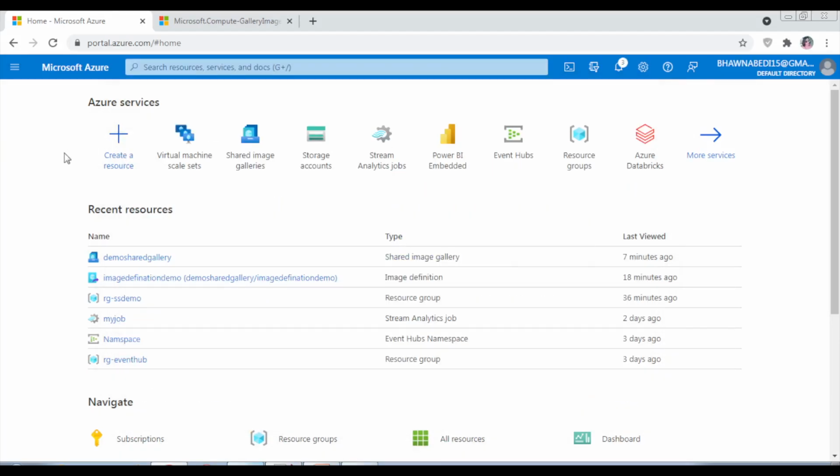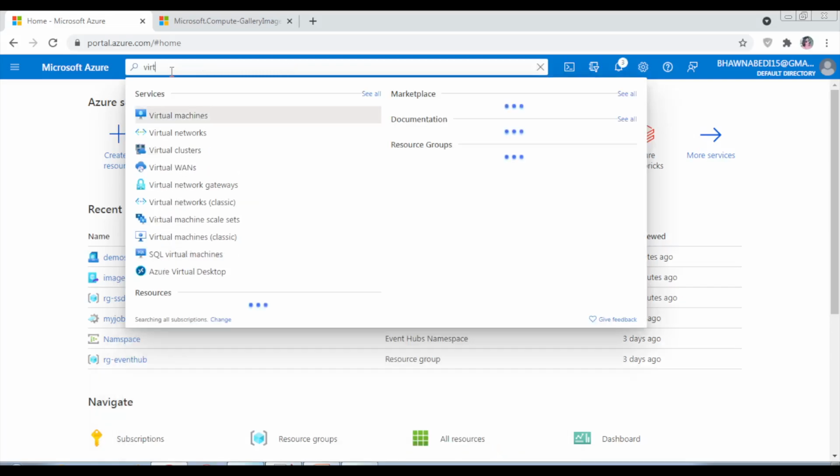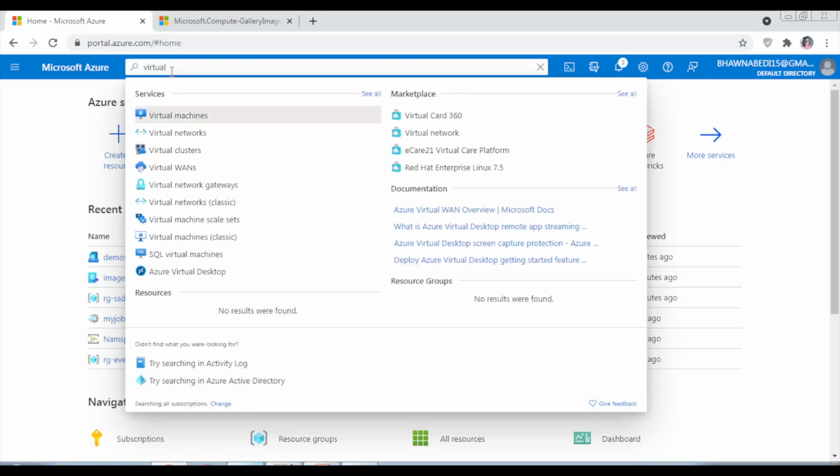This is just a template that you might put in over here. These are just the configurations, or the image of how your virtual machine should look. So using that predefined image, you can go ahead and create your virtual machine scale set. In case you have that, well and good, you can use it to create your virtual machine scale set. Otherwise, you can also just simply type virtual machine scale set.